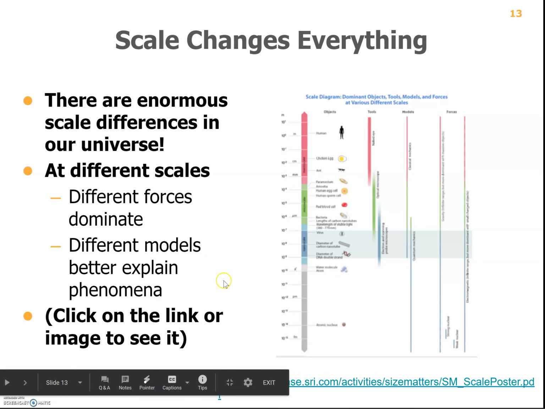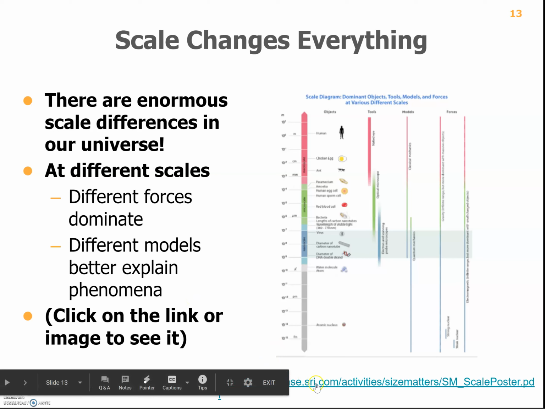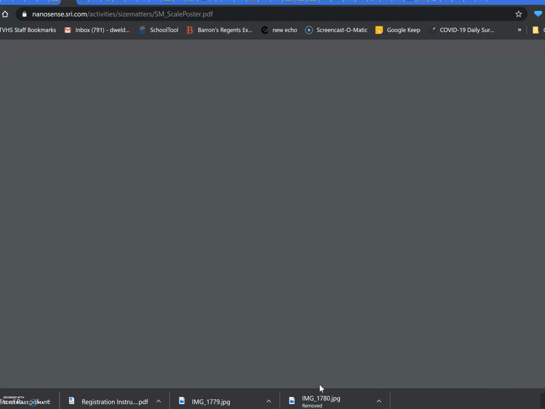Scale changes everything. So there are enormous scale differences in our universe. At different scales, different forces dominate. Different models are better to explain the phenomena, like the quantum model versus the classical